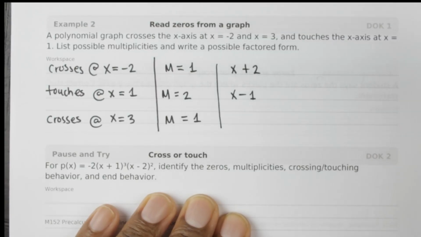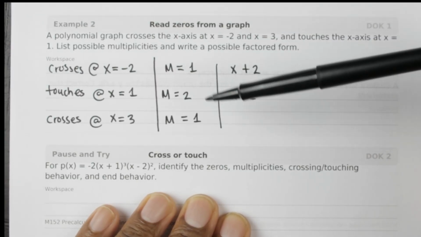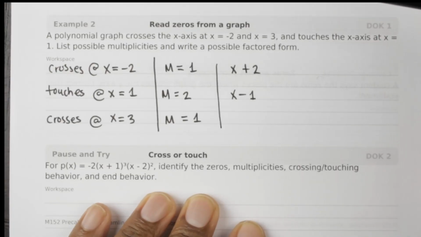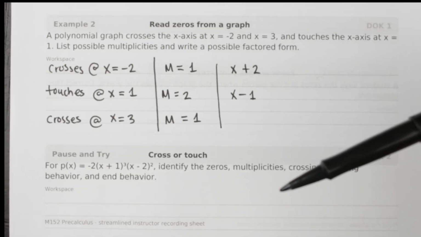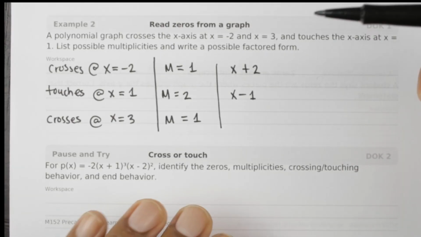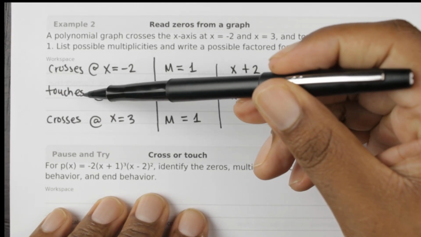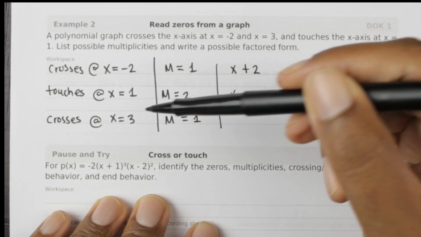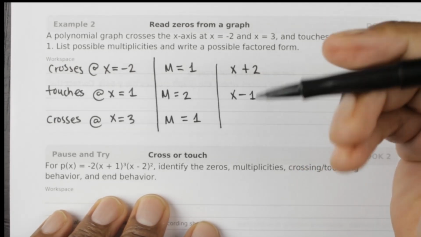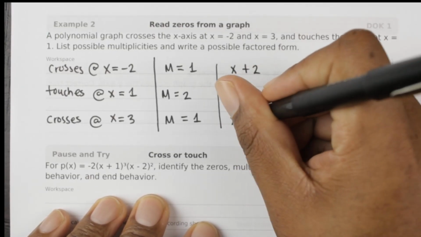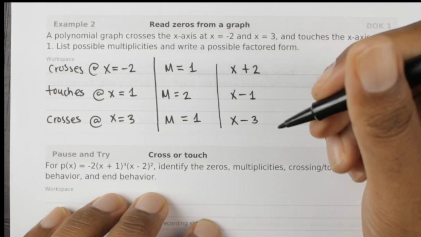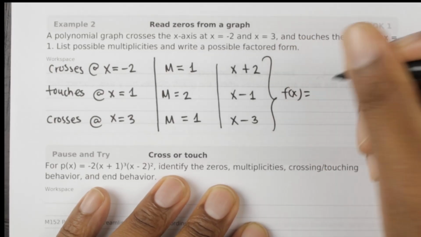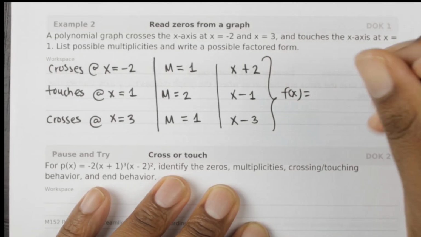And since it touches there, we're going to use an exponent of 2 since it touches here, right? We're going to use an exponent of 2. And then since it crosses, we have an exponent of 1 at 3, the factor would be x minus 3. So essentially what this would look like is f of x equals x plus 2,